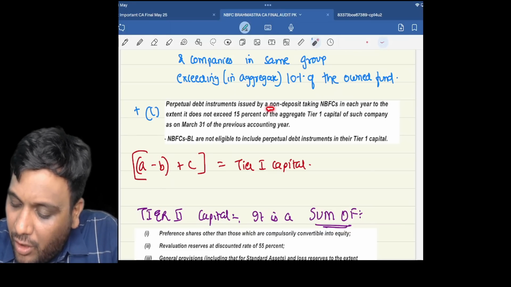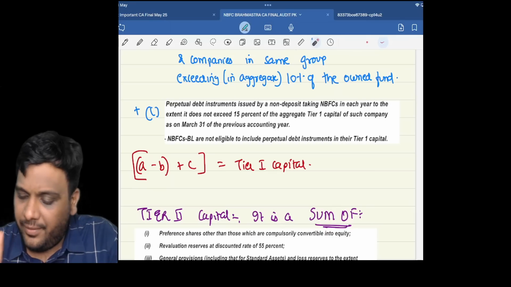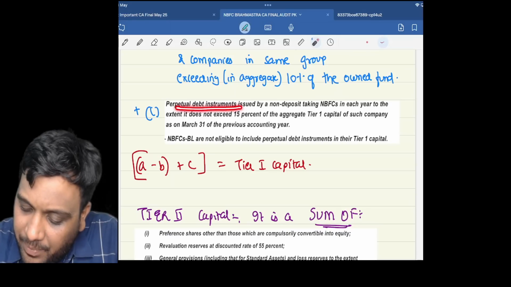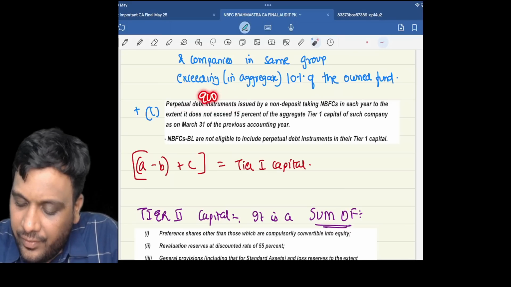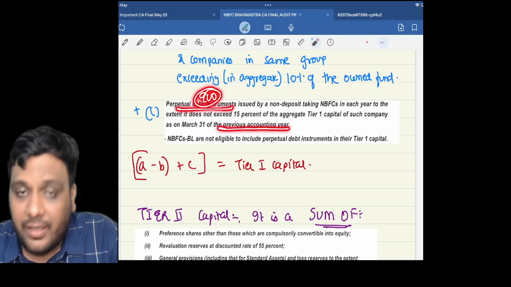Alright, so first of all, we'll talk about non-deposit taking NBFC. Only there you have to add this plus C. Now, whatever are the perpetual debt instruments? Let us say perpetual debt instruments are 900 rupees. But previous accounting year tier 1 capital,